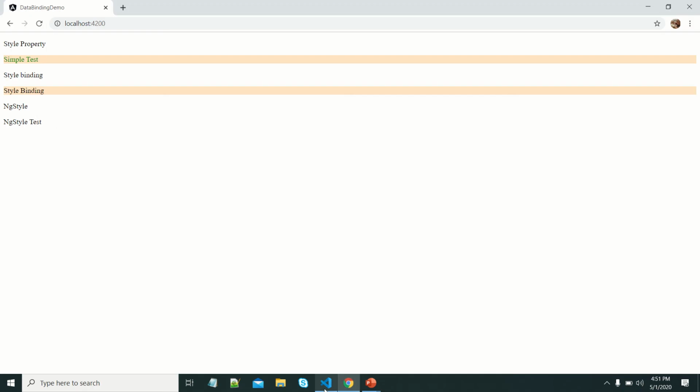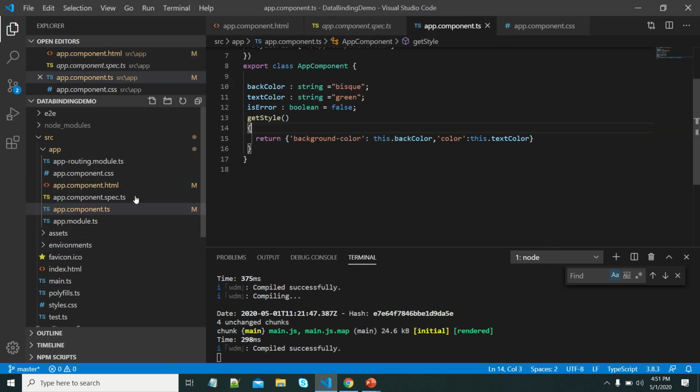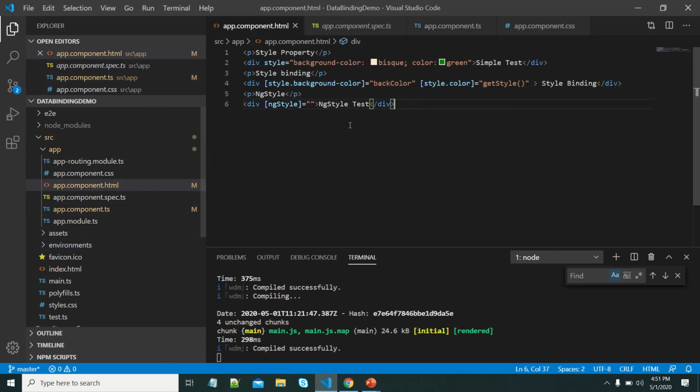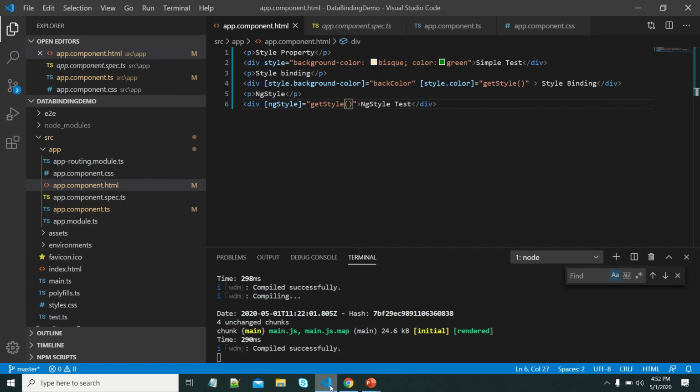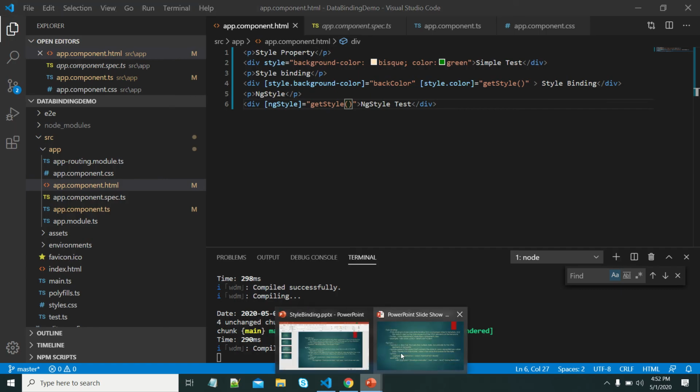Yeah, styles gone, right? Now if you apply this method, let's see the output. Yeah, styles applied. This is the way we can use the style binding and ngStyle in Angular.